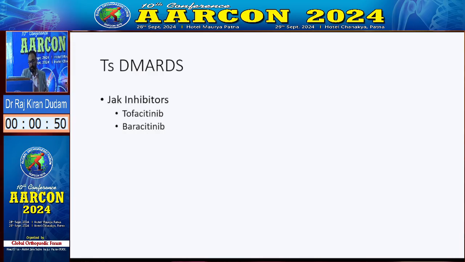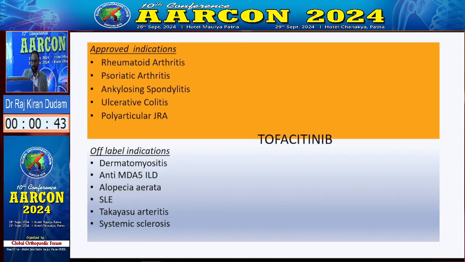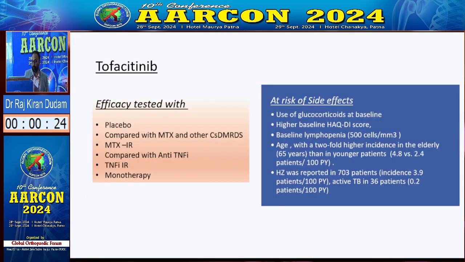And among the targeted synthetic DMARDs, the commonly used drugs are JAK inhibitors. As I said, baricitinib is completely out of the market now. Tofacitinib is very widely used, for various indications; there are approved indications and off-label indications. After methotrexate, if you ask me which other DMARD is very widely used in rheumatology practice, it is tofacitinib. There is a range of indications where we use tofacitinib, and it has been proven to be very, very